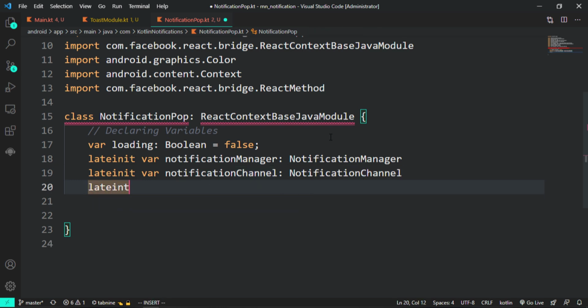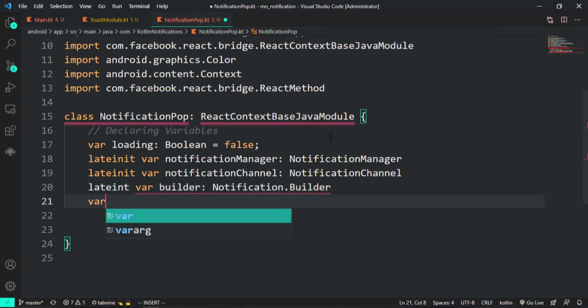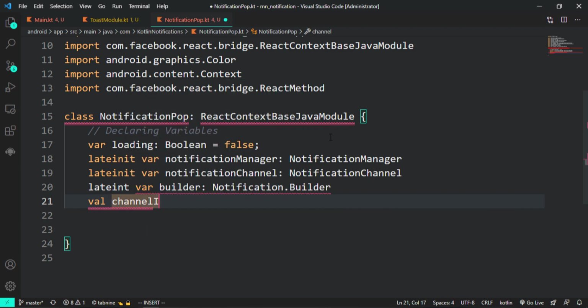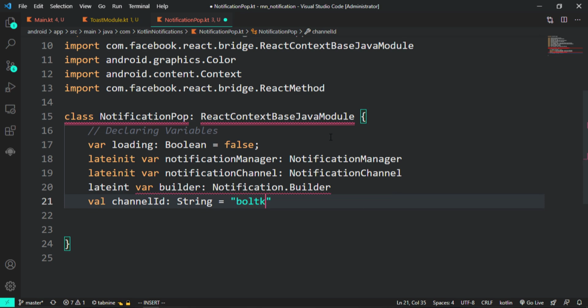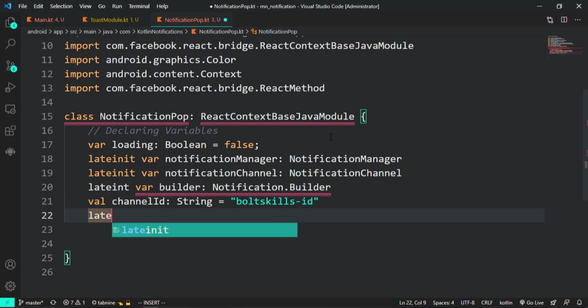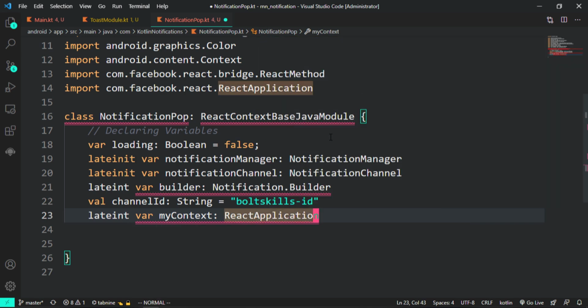Then we have the lateinit variable builder, which is also a NotificationBuilder. And then we're going to have a value of the channel ID. Channel IDs are actually very nice to use because they group your notifications very differently. So I'm just going to give this a both queues ID. Anything you want to call it, you can call it. And then we have a lateinit variable myContext. This is where we're going to be grabbing that context that we passed down. So we're going to be using the React application